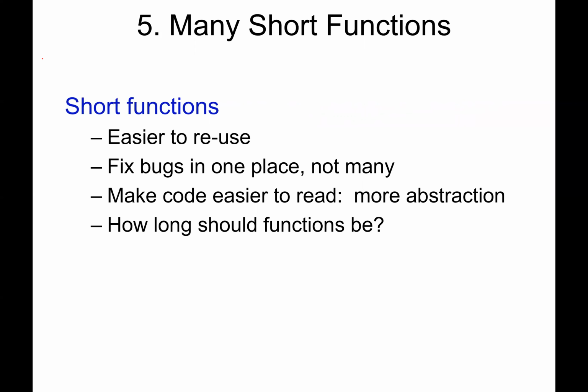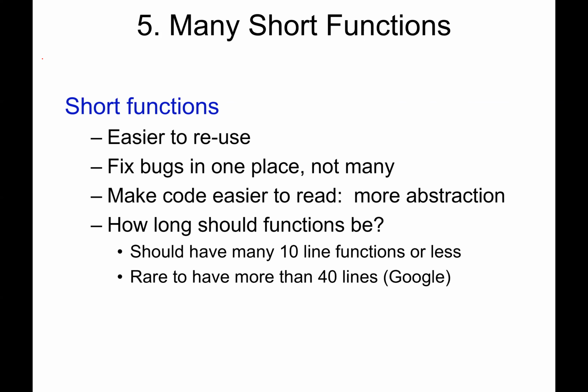Functions should be shorter than you think. So ideally, most of your functions are 10 lines long or fewer. Google says you should have very few functions that are more than 40 lines long. So if you look at your project and you see functions longer than that, try to break them up into helper functions. A common one is load map. A lot of teams are going to lose style marks on load map because it gets really long. Break it up into helper functions. Okay.